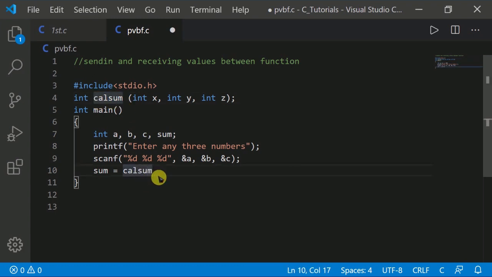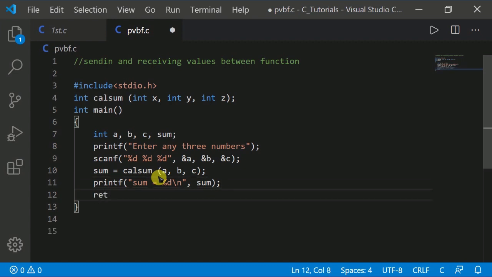Now sum equal to calsum(a, b, c). Now use the printf with "sum = %d\n", then print sum.